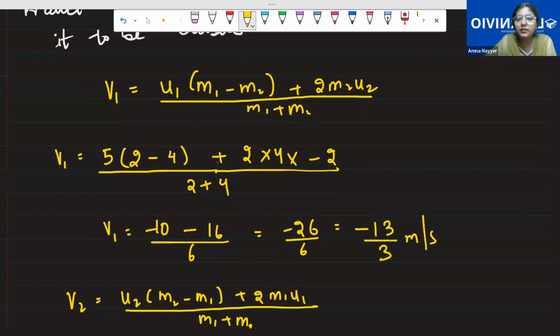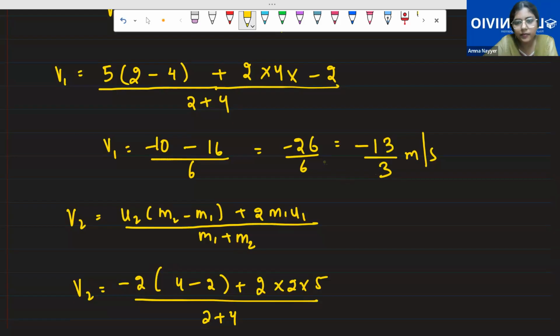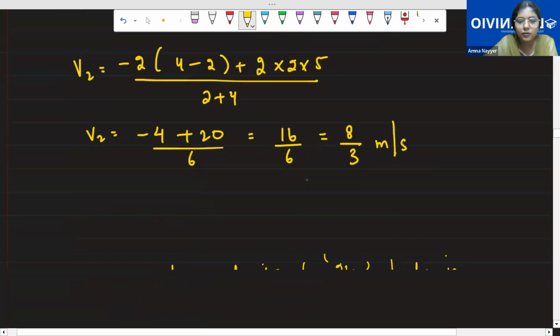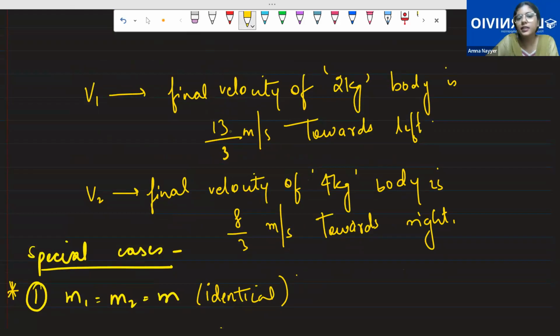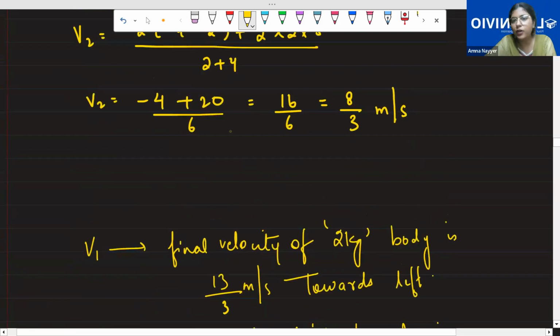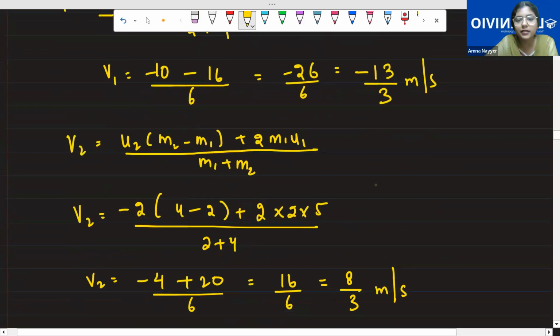Okay, don't take the modulus then. For masses, just put it in the formula. Do not take the modulus value, because eventually it is getting calculated for velocity. The answer will be incorrect then. This is 13, so 2 into 3 is 6. This will be 13 by 3 towards the left, because this is coming negative. So minus 13 by 3. Since this value is coming negative, that's why we are taking it minus 13 by 3.